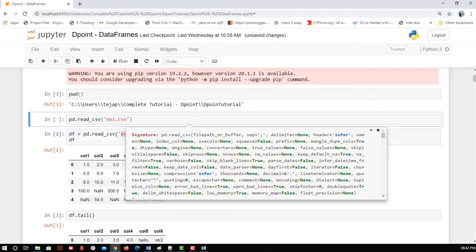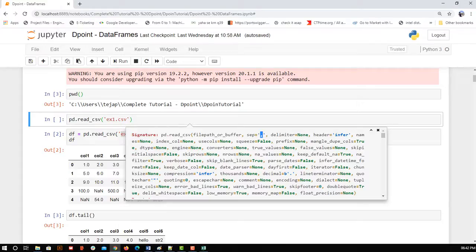So you can see there is something called sep. Sep means separator. What's the difference between read CSV, read TSV, that is tab separated values, and read Excel? There will be different symbols between different columns. In CSV, two attributes are separated by a comma, so we call it comma separated values. In TSV we have tab separated values. Similarly for sep, since I am reading CSV, by default it will take the default value, comma.